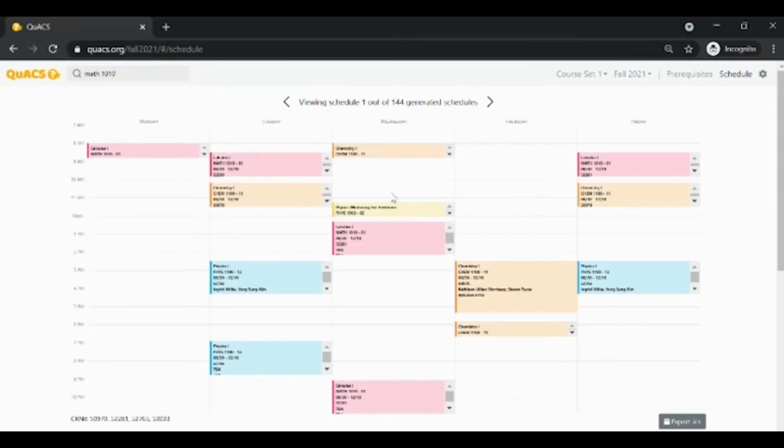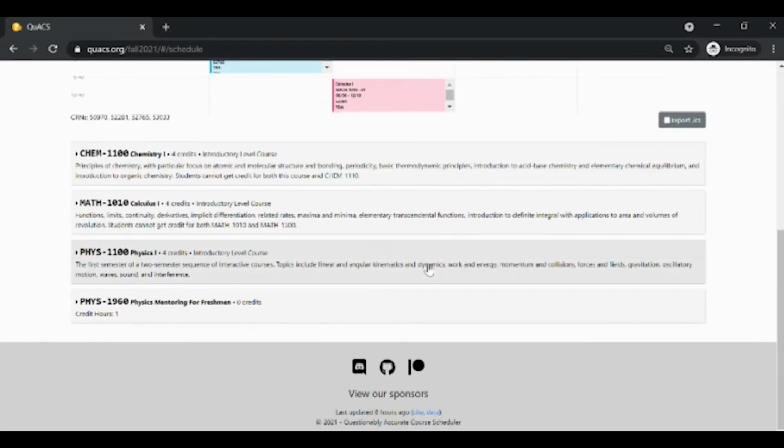But another way that you can narrow down these schedules would also be based upon preference or need, right? So if you are an ROTC or student athlete, you are going to want to ensure you work with your leadership to make sure that you are not taking classes during drill and during practices and things like that. So for instance, if you are in season, you're going to want to ensure that you're not doing classes past a certain time and such. So what you can do is you can actually narrow those down. If that doesn't apply to you, you can take courses whenever you'd like.